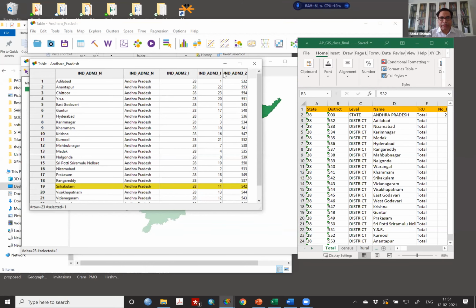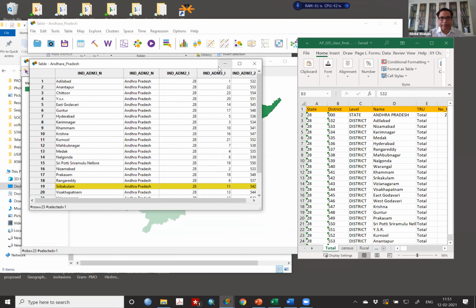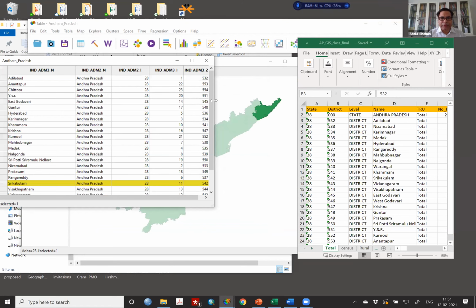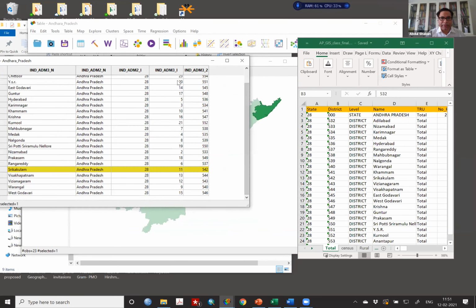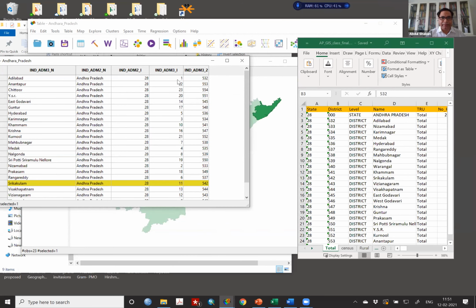Now this is another kind of admin 3. You leave it. Now you come down to the same thing, 23. 1, 2, 3, 4, 5, 6, 7, 8. I may have generated it, in the order in which I wanted to do this. Then you have admin 2, India admin 2.